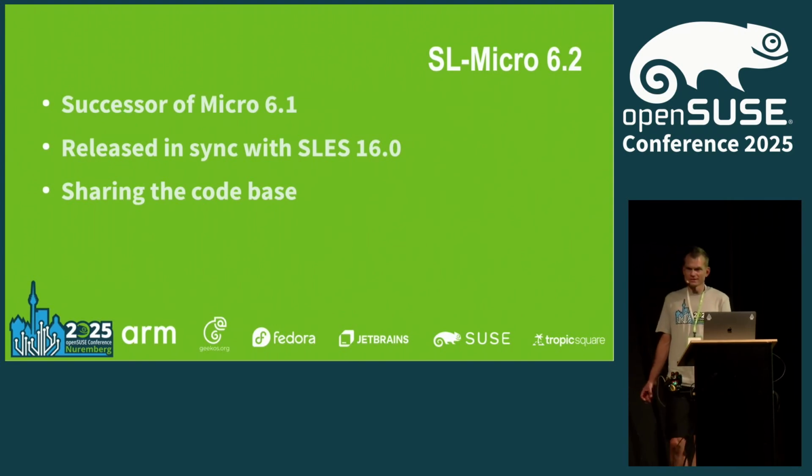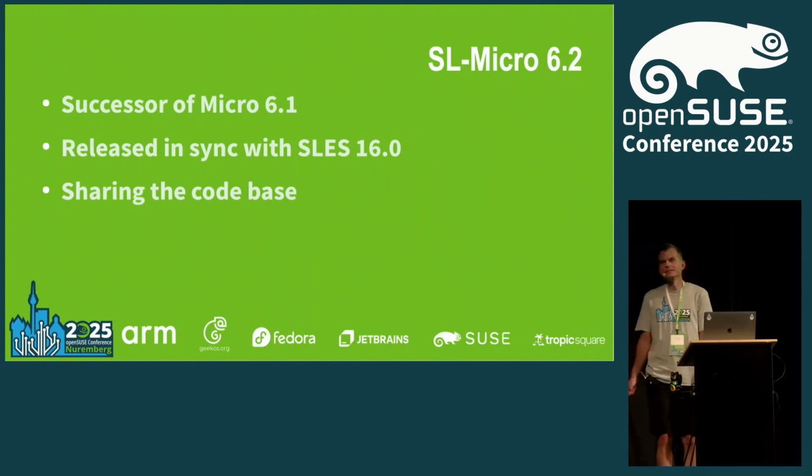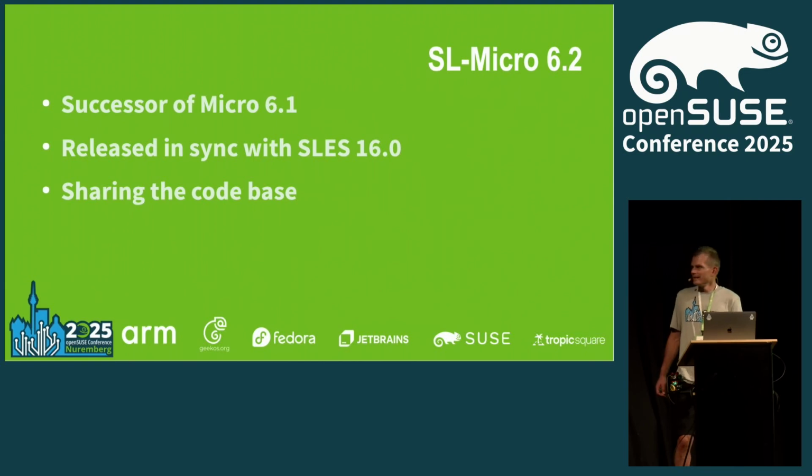You may say that it was similar with 5.x, but back then, when we started SLES15, we did not have the transactional system in our minds. There were some exceptions. Also, some packages had to be updated earlier than with the respective service pack of SLES15. But here, the code base should be identical. It's different. The SLES and the Micro will contain a different set of packages. But if the package is in both, it will always be the same version.